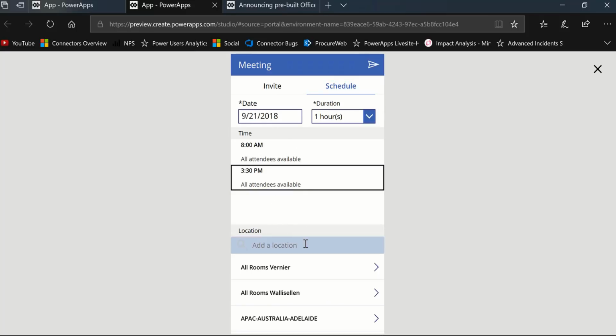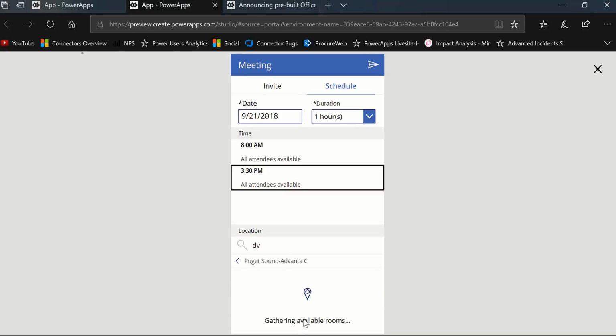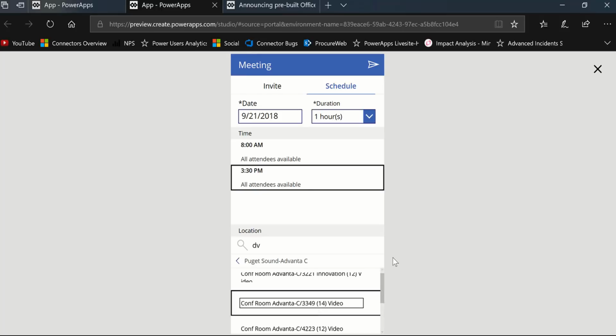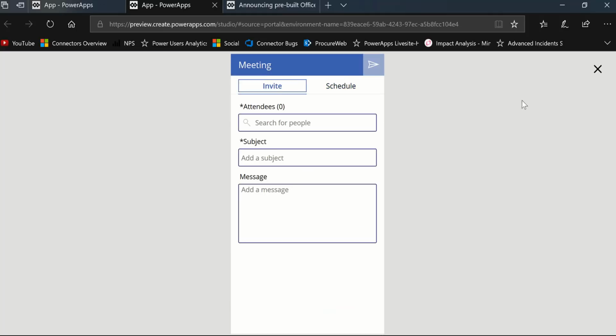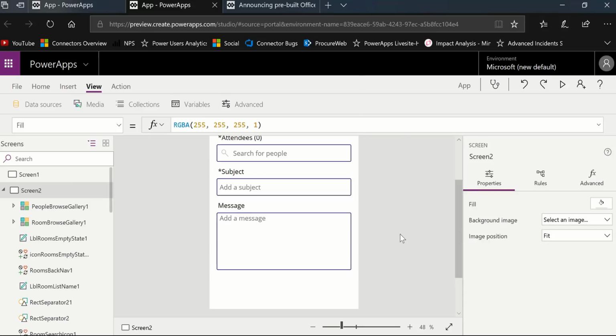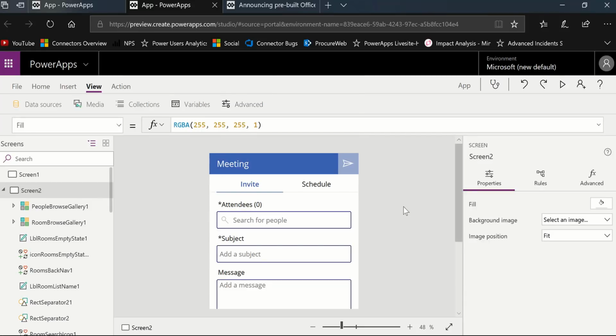When I pick a time slot, now it wants to know what location. It actually understands the room availabilities in my company, can give me my building rooms that are available, and I can pick the room that I want to use. And basically, that's all I have to do before pressing send. And he got the invite. And so I just love that. It's such a cool little handy tool that if you're on your phone and you just want to set up a quick meeting, maybe